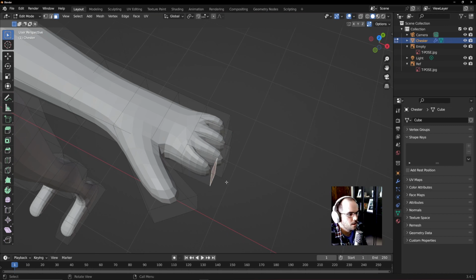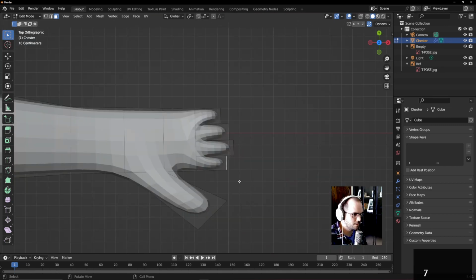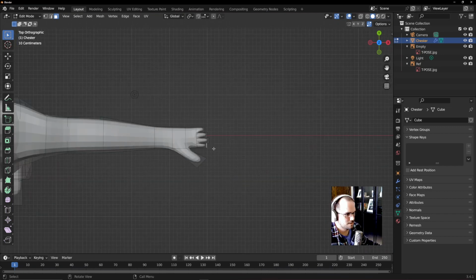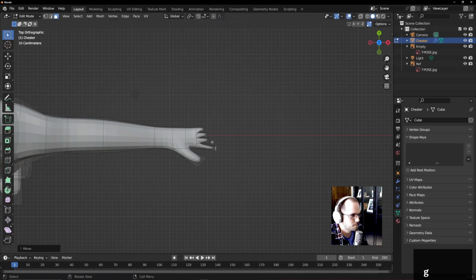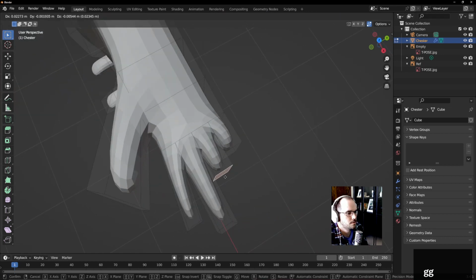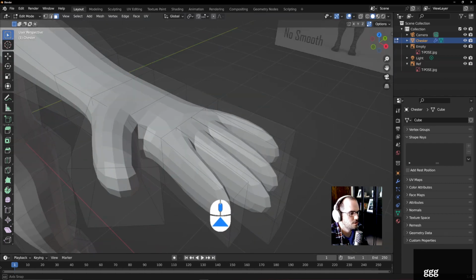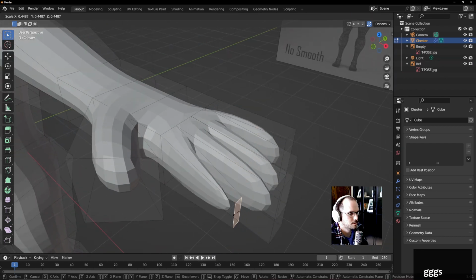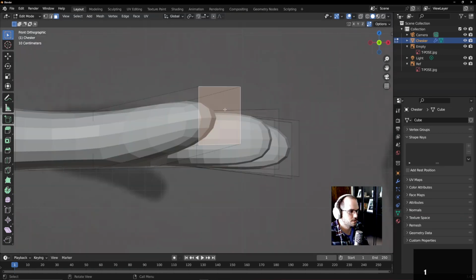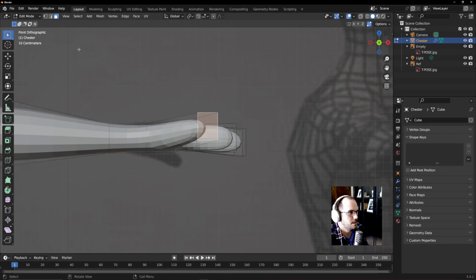Okay. So now top-down view, and it might be helpful to have a reference image of a hand going on here, because obviously this is a little ridiculous, but I'm just going to G move this one out here, G move this one, G move this one. Maybe I scale this up. So each of these probably needs, whoops, scale it up. We'll go looking at our front view too. We also got to make sure that we don't have crazy